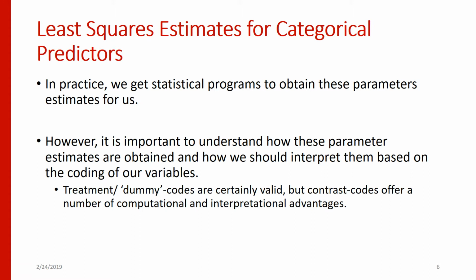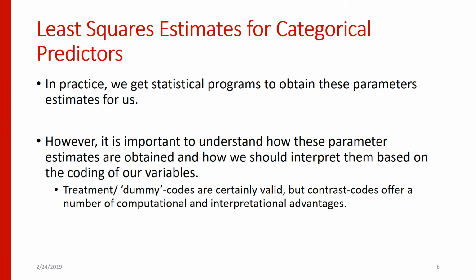So in practice, we're going to get statistical programs to obtain these parameter estimates for us. However, I think it is important to understand how these parameter estimates are obtained and how we should interpret them based on the coding of our variables. The book focuses on contrast-coded variables, and we will focus on contrast-coded variables throughout the course for a number of